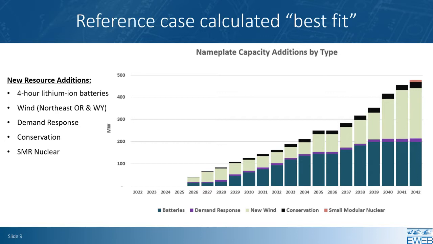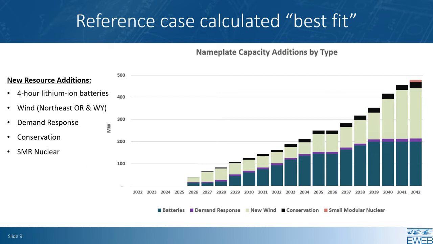Batteries are one of the least cost resources for capacity and offer flexibility to move energy around on a daily basis. This means that batteries can often have opportunities to charge during off-peak and discharge during the peak to either reduce system costs or generate revenue. This ability to generate revenue can lower the net carrying cost of ownership and make batteries an appealing resource to meet our capacity needs.